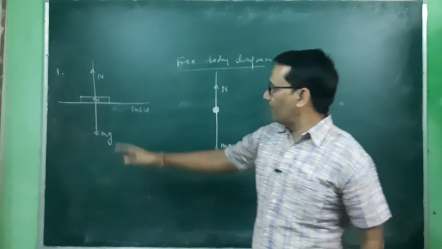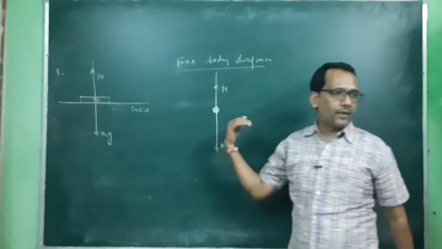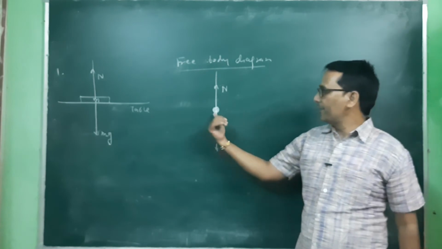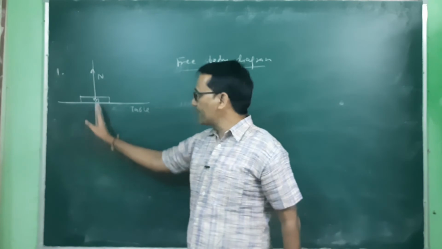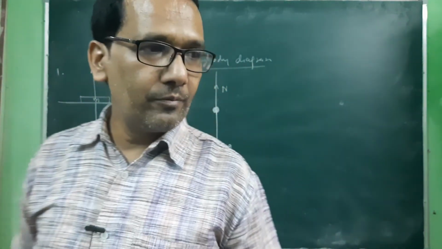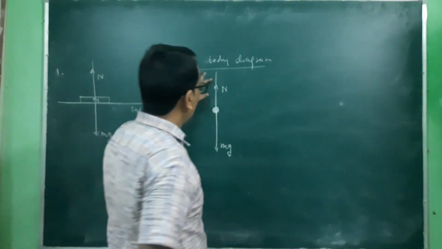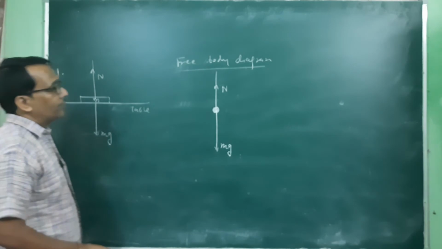So this is the real one. टेबल के ऊपर एक बुक रखा हुआ है. जब इसी चीज़ को फ्री बॉडी डायग्राम में दिखाएंगे कैलकुलेशन के लिए, then we just take one point, this is the book, और दो फोर्स इसमें लग रहे हैं. वन फोर्स टुवर्ड द सेंटर एंड सेकंड फोर्स दैट रिएक्शन फोर्स बिकॉज ऑफ दैट टेबल. So this is the reaction force and this is that. Second.